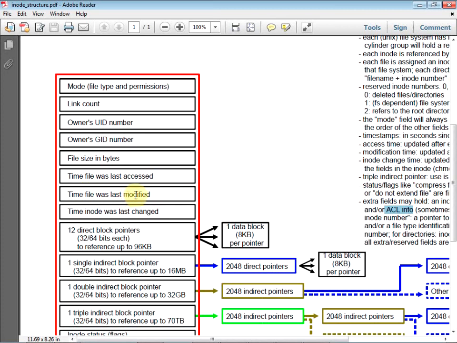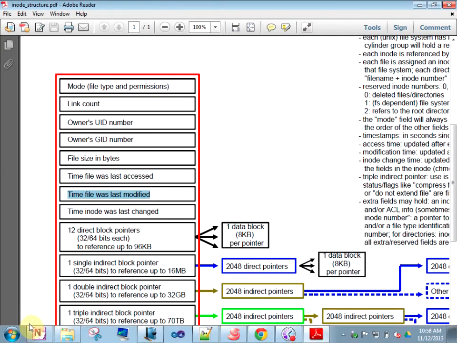Time last modified. If the time last modified for a particular source file is later than the .o file, then what does it say? Source file and .o file, right? So the source file has a later timestamp. It has been changed. So that's a fundamental idea these Makefiles use.